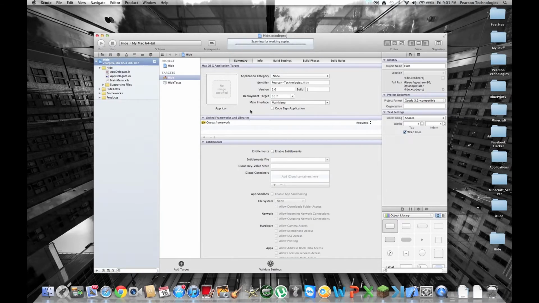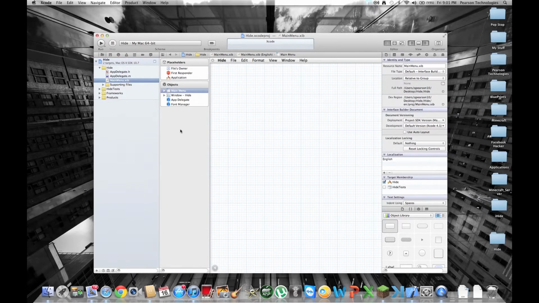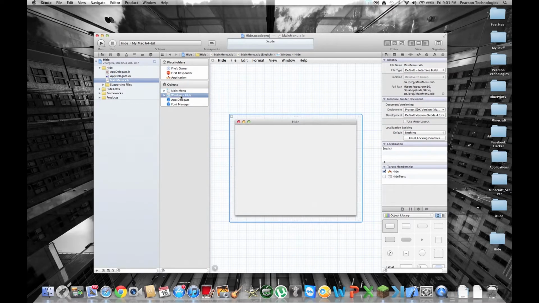And when it opens up, it'll open up to your main page where it's showing the summary of your application so far. So you're going to want to go over here, and in your Hide Xcode project folder, under the Hide folder, you're going to have this tab called the MainMenu.xib. You're going to click that, and when it opens up, it's going to be a blank kind of graph, and you're going to want to go over here and hit Window, Hide,